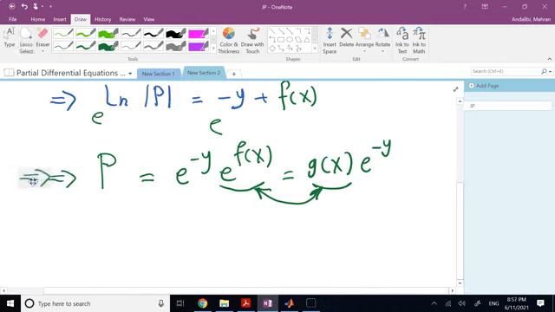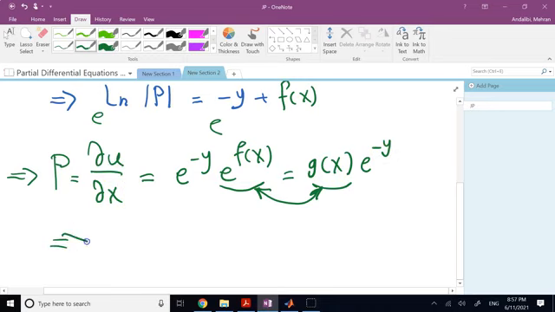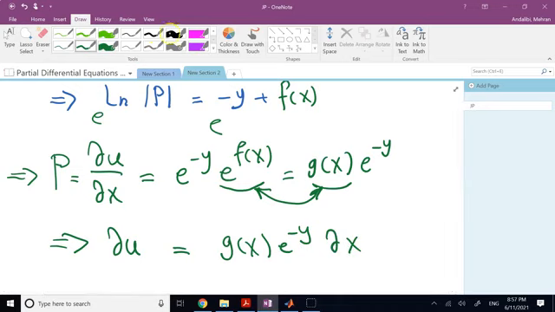So far, so good? So now, this is the solution to p, but remember, p itself was what? P was the derivative of u with respect to x. So what I do is, I write whatever it was: this was the partial of u with respect to x. So partial of u with respect to x is now g of x e to the negative y. Again, I separate the variables. And if you do, you're going to get partial of u to be g of x times e to the negative y partial of x. And now if you integrate both sides,